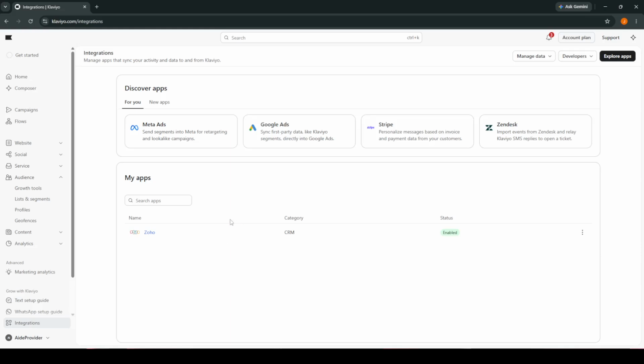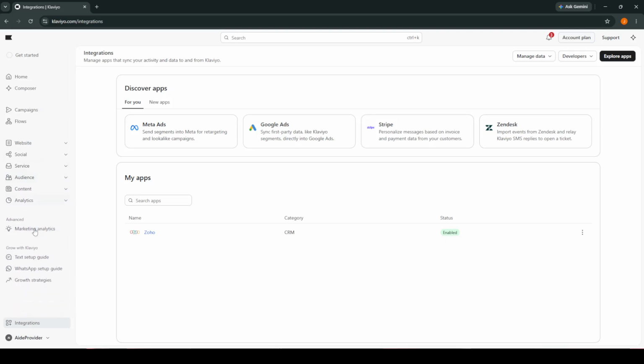In today's video, I am going to teach you how to connect Triplewhale and Klaviyo. To get started, you will be working inside Klaviyo. This is where you will link your account so data can flow between the two platforms. If you are already logged into Klaviyo, you can move straight to the integration area. If not, make sure you are signed in and are on the main dashboard so you can find the menu